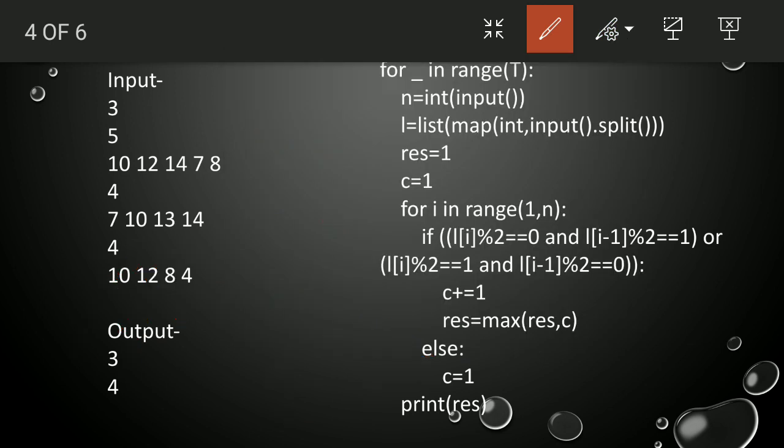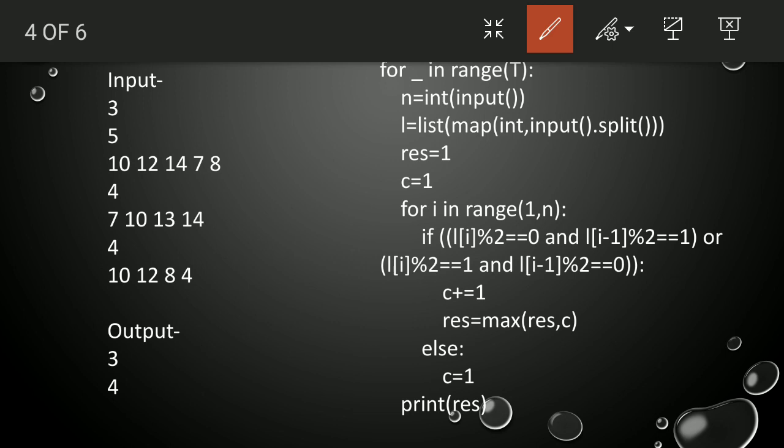Now let's start with tracing. Now I will tell how the algorithm will work. For example, check out here. We will start with 12. We will check if this is even. Okay. So the previous one must be odd. If this number is even, the previous number must be odd. Same condition we have to write. Same thing I am explaining in the algorithm.